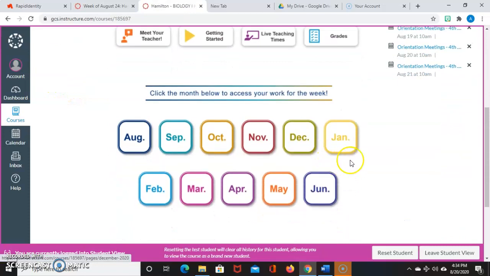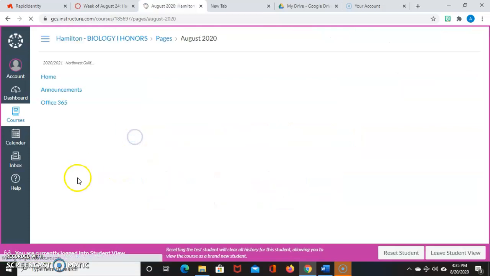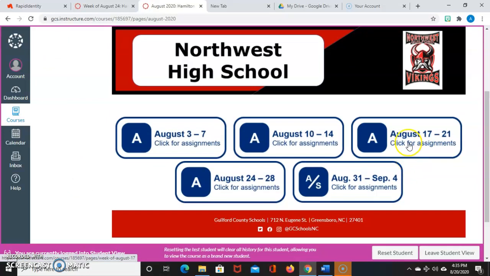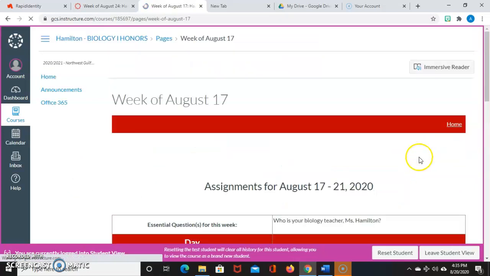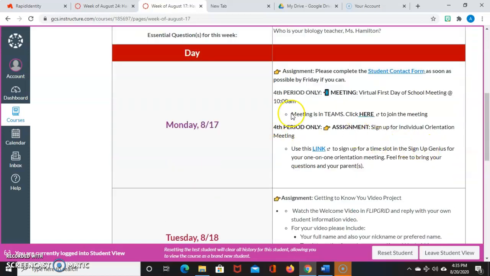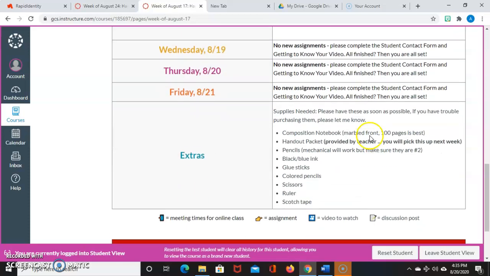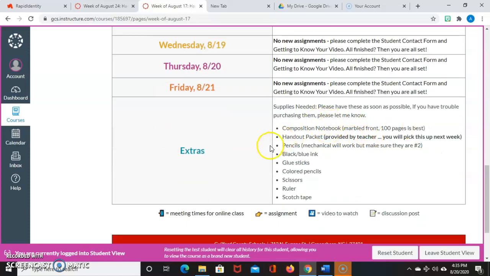So when you scroll down even further on the home page, you can see the month buttons, and this is going to take you to the weekly agendas. So when you click on August, for example, you can go to August 17th through the 21st, and you can scroll and you can see what's going on for Monday, Tuesday, Wednesday, Thursday, Friday, and there's an extra row for